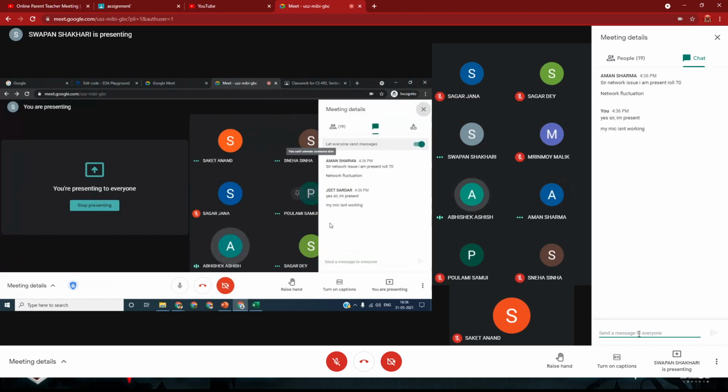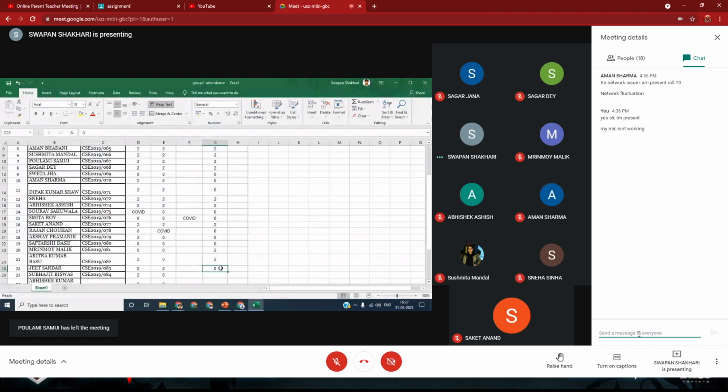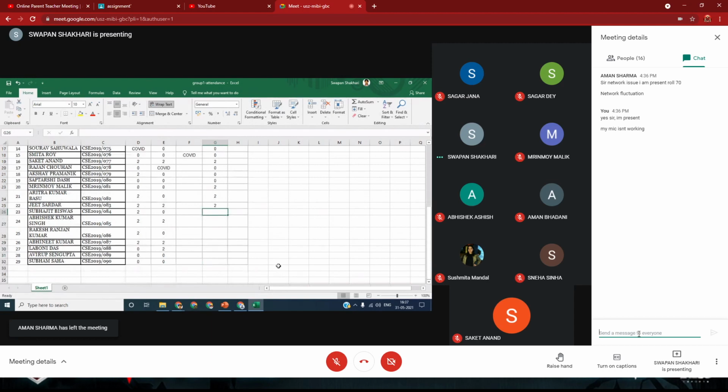So roll number 70, Aman Sharma, is present. Sardar is also present. 84 Shubhajit, 85, present, sir. 86 Rakesh Ranjan, 87 Abhineet, present, sir. 88 Labani, yes, sir. 89, 90.